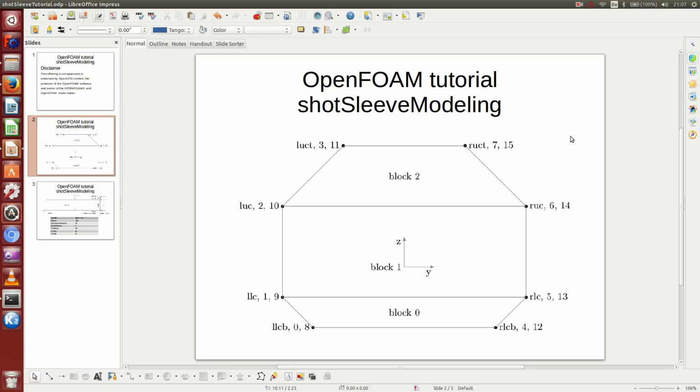Welcome to part 2 of my video series on how to model a short sleeve in OpenFOAM. This video tutorial consists of a total of 5 videos. I concluded part 1 of this tutorial with the prospect of showing you in part 2, which is this video,